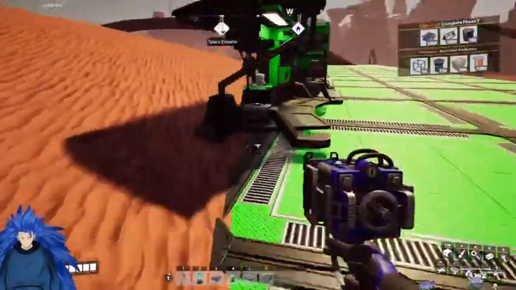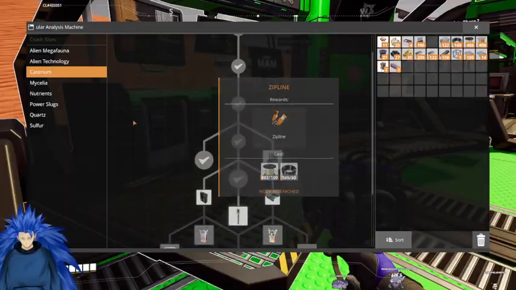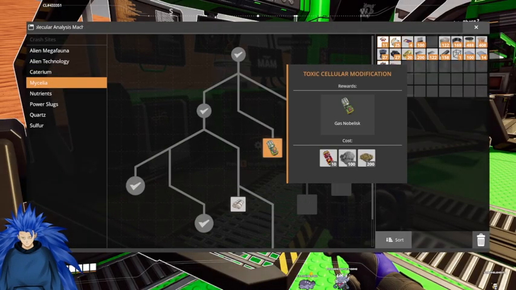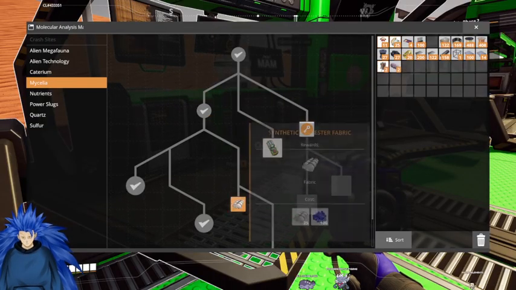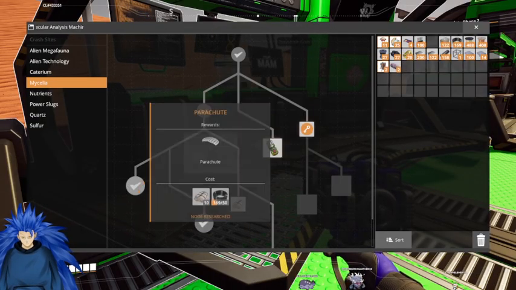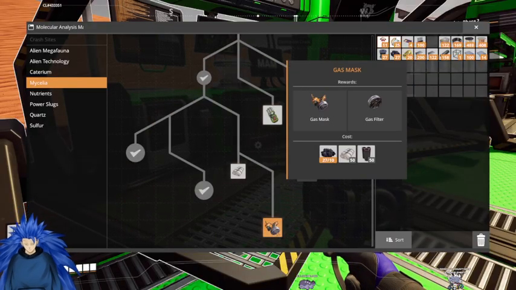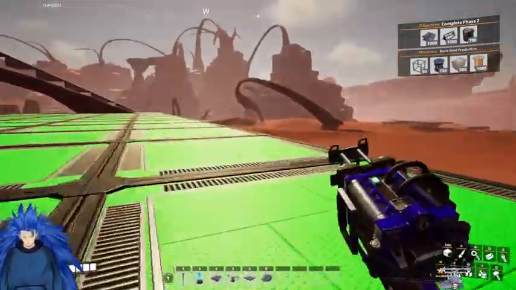What do we do on the MAM while that was gone? Let's have a look. We're not getting very far. But mycelia was found. Fabric, so we do have access to parachutes? We do! Gas mask too. We're gonna need those. For now,